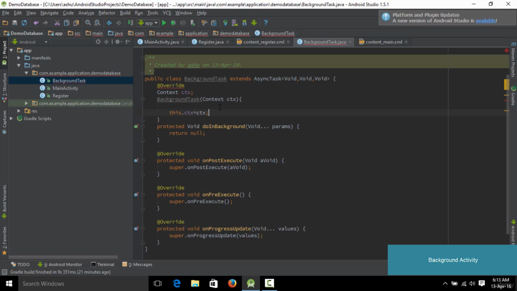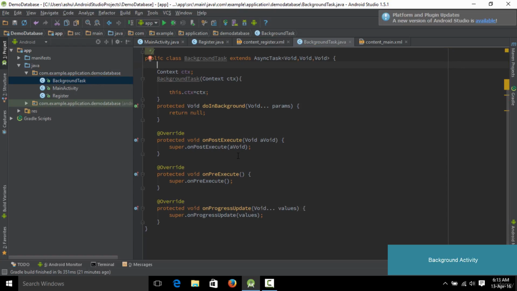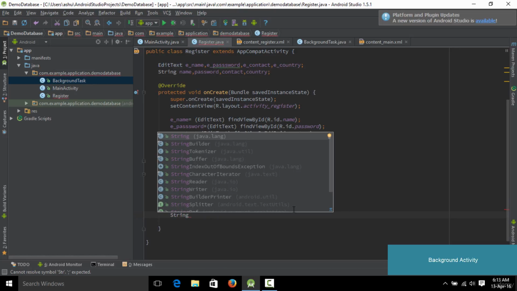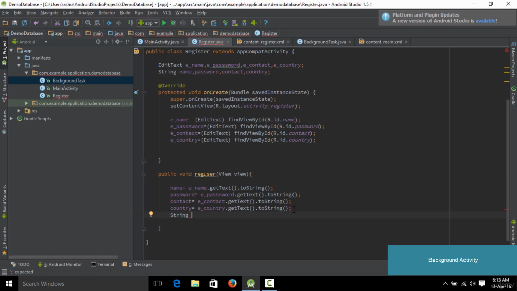Now once we have the reference to it, the next thing is to add code in these methods. We want to call these methods from Register.java. So simply go to Register.java, and inside the registerUser method create a new string and call it, let's say, method. So we type String method